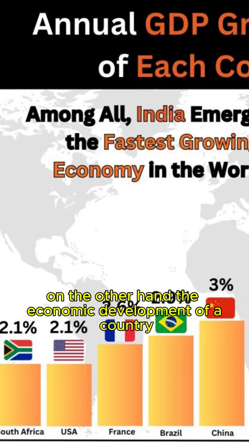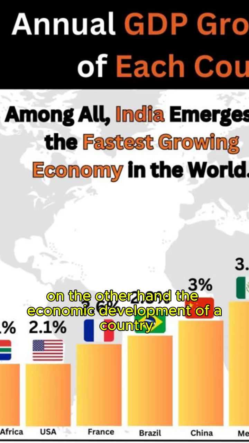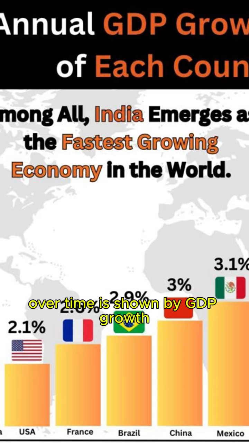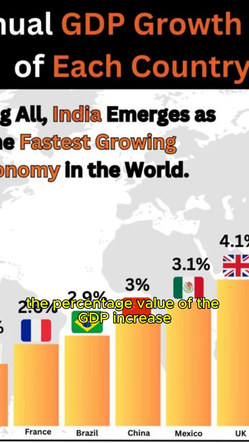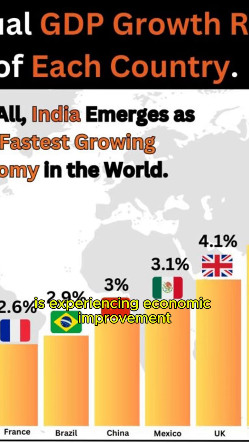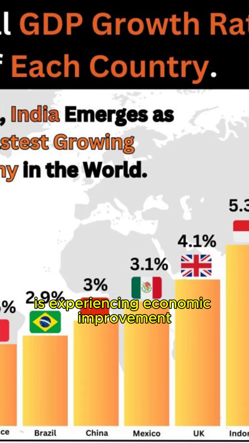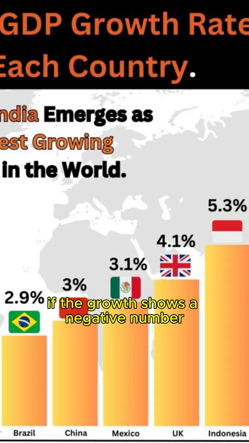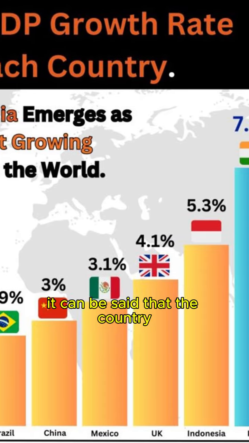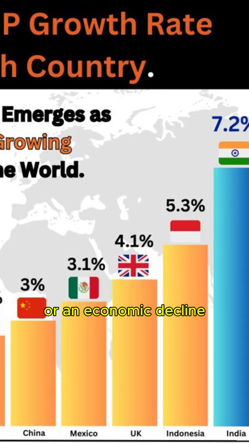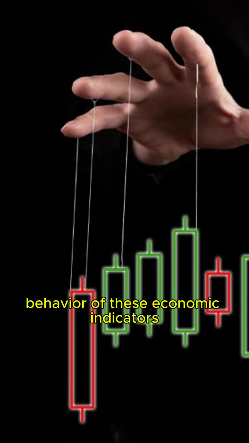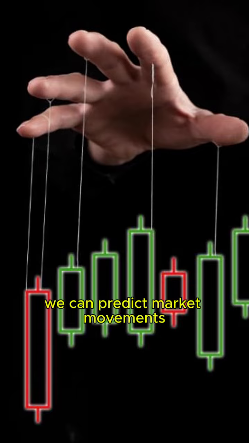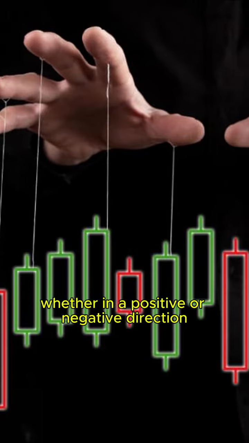On the other hand, the economic development of a country over time is shown by GDP growth. The percentage value of the GDP increase indicates how fast a country is experiencing economic improvement. If the growth shows a negative number, it can be said that the country is experiencing a recession or an economic decline. By understanding the behavior of these economic indicators, we can predict market movements, whether in a positive or